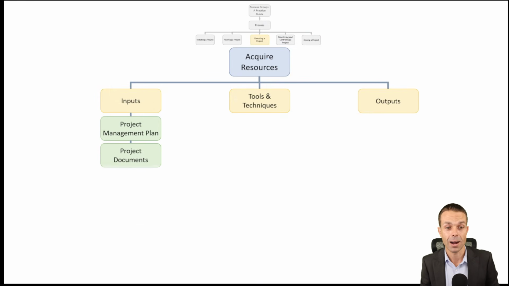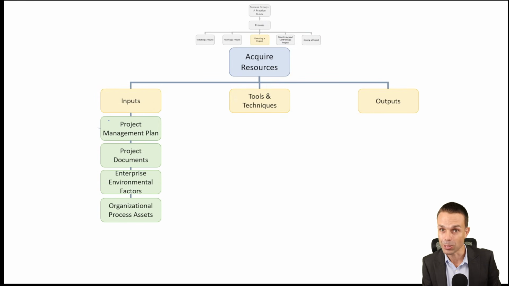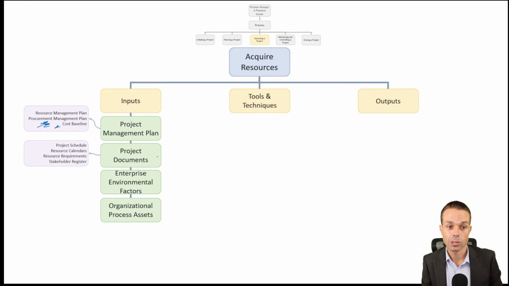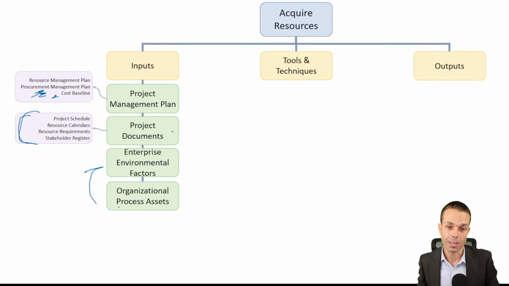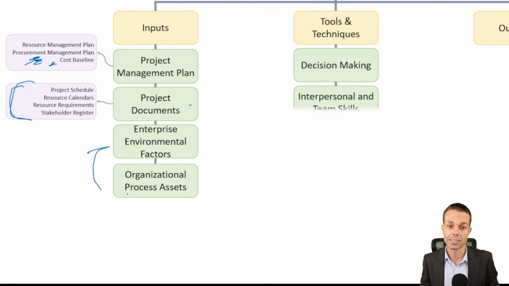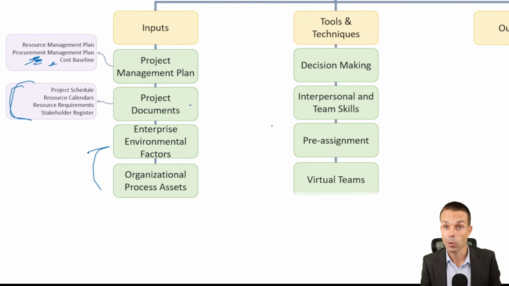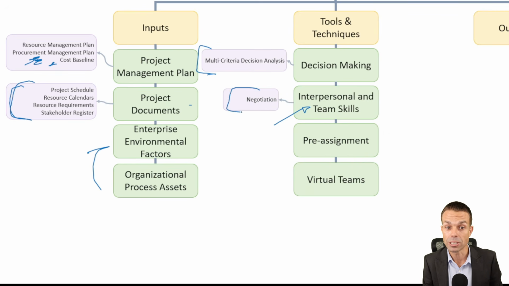Now that we're executing our project, we can acquire the resources, and the inputs that we're going to need are our project management plan, our resource management plan, if you could guess, project documents, EEFs, and OPAs. The tools and techniques that we can use are decision making, interpersonal and team skills, so multi-criteria decision making or negotiation as we negotiate the gathering of resources with our business or with the business that we're working with,